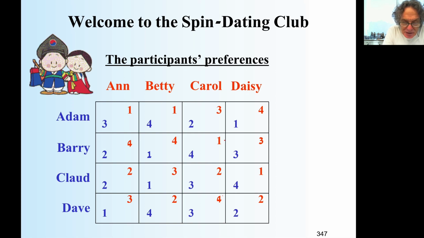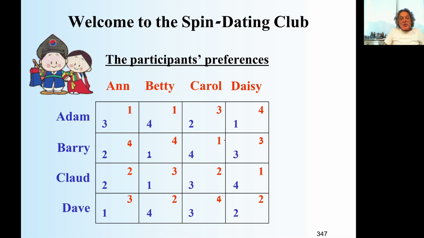This is not stable. Again, what is not stable? A boy and a girl that were not matched to each other, but they prefer each other to what they got. This is bad because they will leave their partners and get together, because both of them can improve if they go together. And so all the matching collapses. Why? Because if I leave the one that I got, she will have to find somebody else, and that will be a big mess.